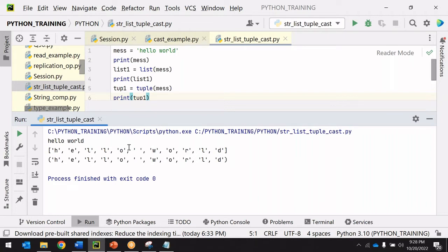It could be arithmetic operators, membership operators, identity operators, logical operators like and, or and not, and comparison operators like equals to, not equals to, less than, greater than, greater than or equal to, less than or equal to, and so on. We do have a concept of